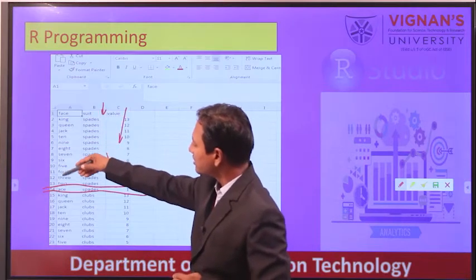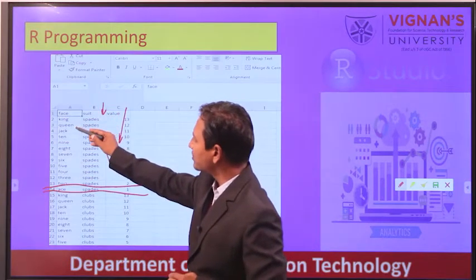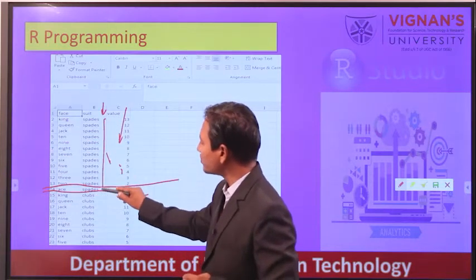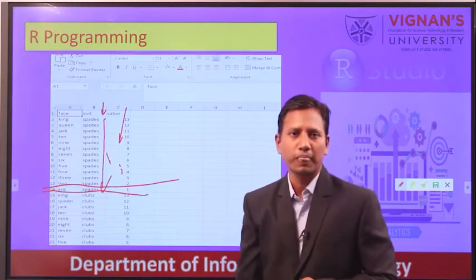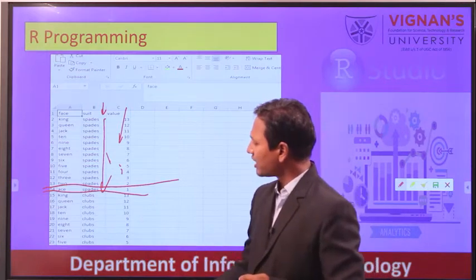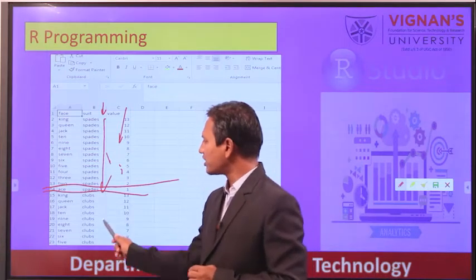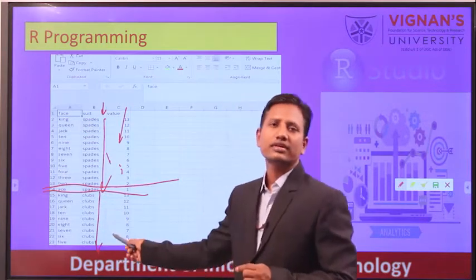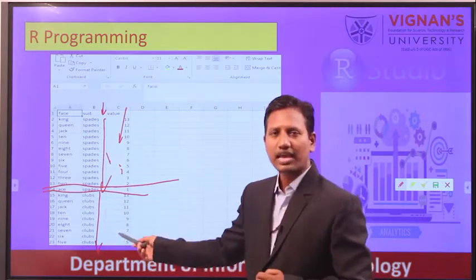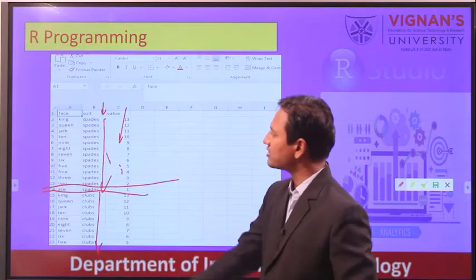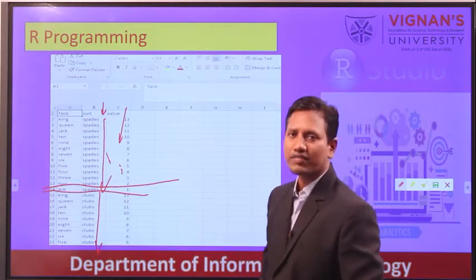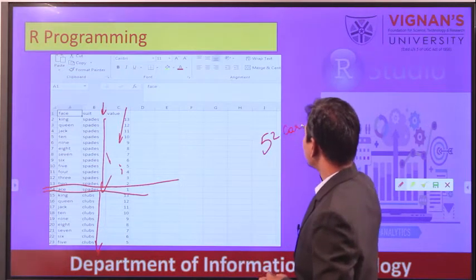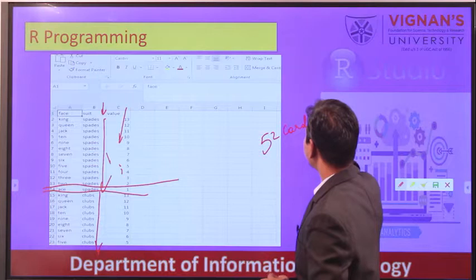These 13 values from 2 to 14 are present in one suit called spades. In the same way, the next 13 values are in clubs and another 13 in diamonds. Like this, we are going to repeat these 4 suits and ultimately we are going to get these 52 cards.